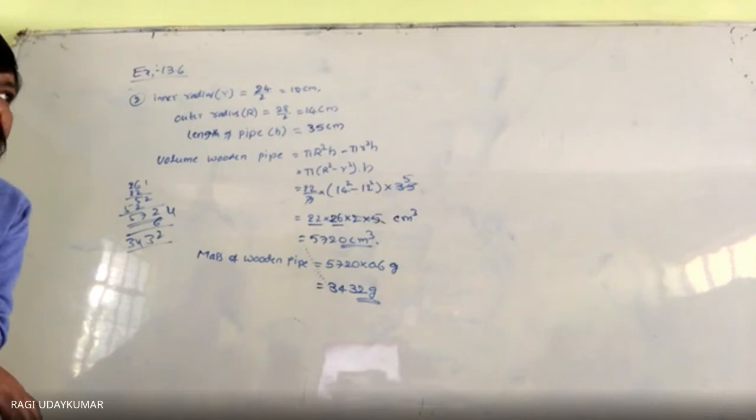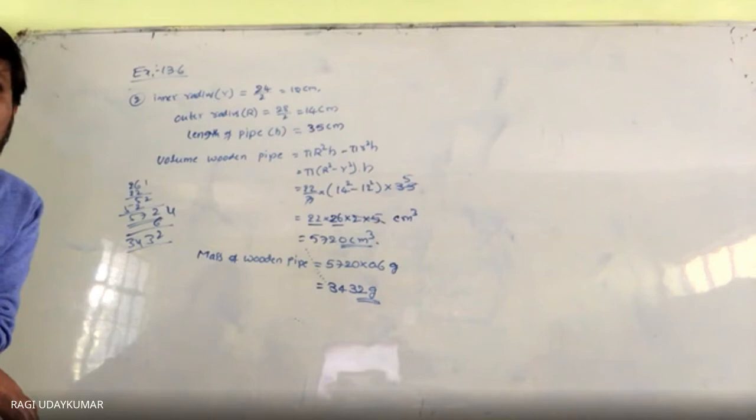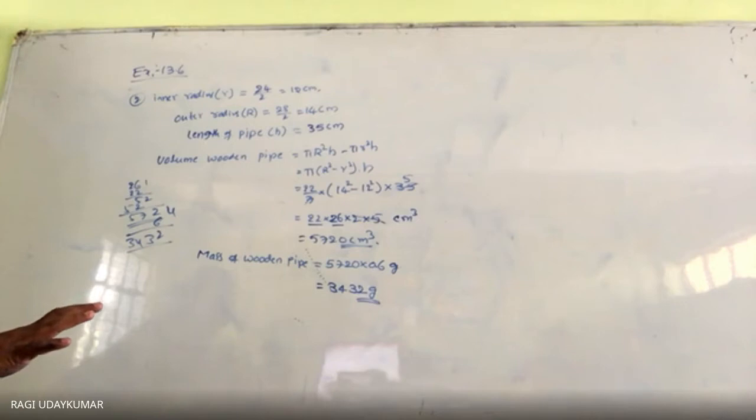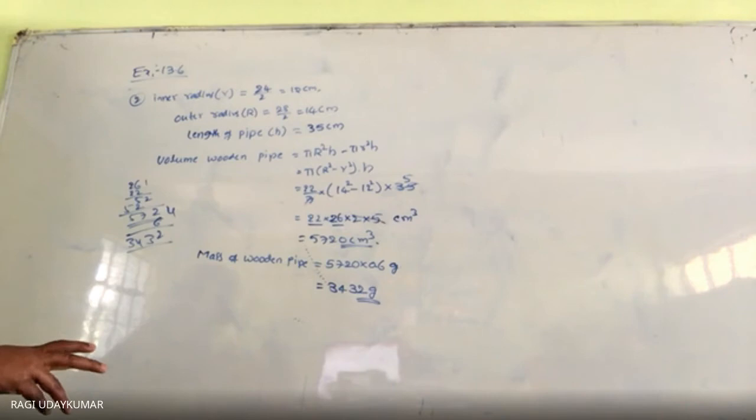Okay, next, third question. A soft drink is available in two packs. One is a tin can with a rectangular base of length 5 centimeters and width 4 centimeters and having a height of 15 centimeters. It's a cuboid. And the second one is a plastic cylinder with a circular base of diameter 7 centimeters and height 10 centimeters. Which container has a greater capacity, and by how much? Just find both volumes: volume of the cuboid, multiply all three, and volume of the cylinder, pi r square h, and see which one is more and by how much.